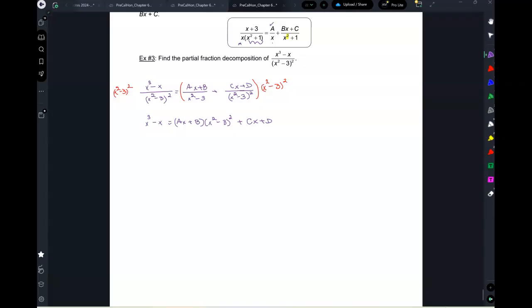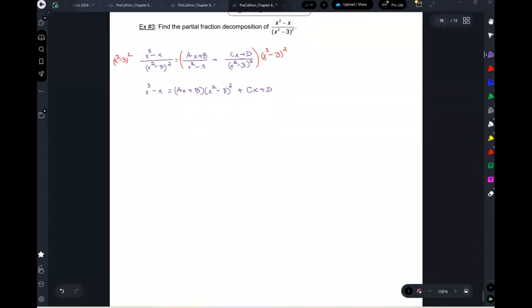Okay. You know what? We're going to solve this one in a different way. x cubed minus x is equal to, why don't we,